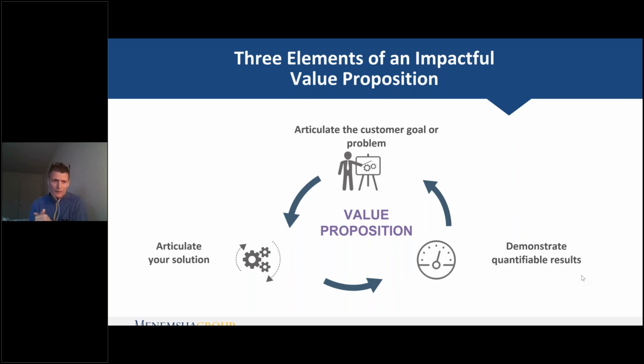I'm actually working with an IT staffing firm right now. They're about 100 million in revenue. And we've been going through this exercise of helping them build out their customer value props. And the way that we do it is we go out and interview customers, and we interview consultants to capture this information. It's completely changing the whole way in which their sales organization sells. So if you don't have value props, if you don't have these customer success stories, there's no better time than the present to take the time to start building these out.